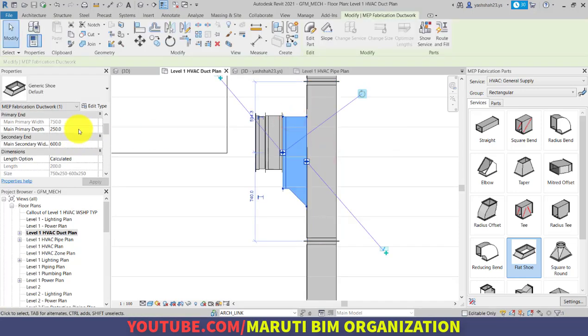So 450, 200 is the depth and 450 is the width.